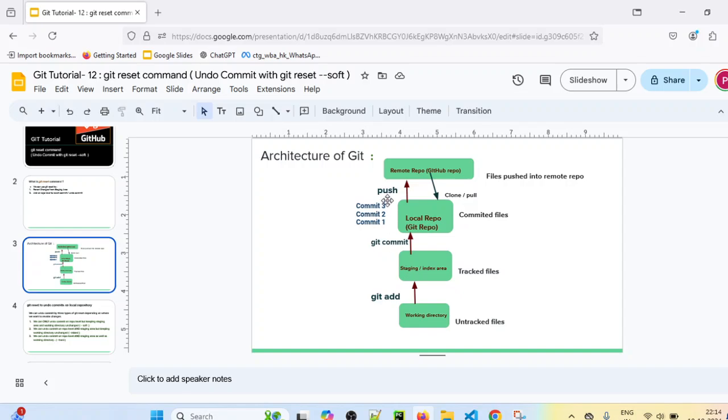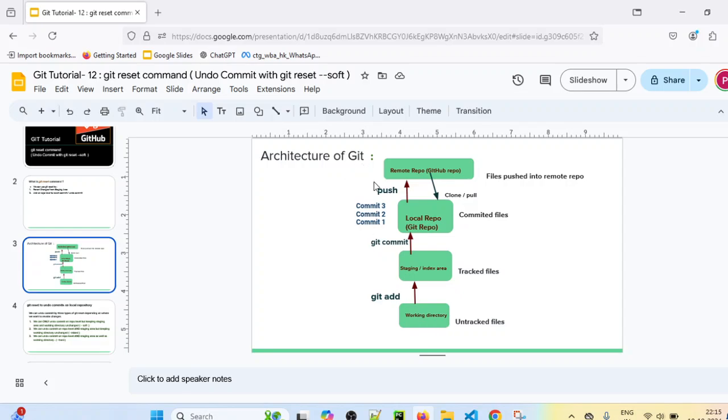In soft mode, git reset hyphen soft, only the commit will be reverted, but the files in the staging area and working directory will remain unchanged.